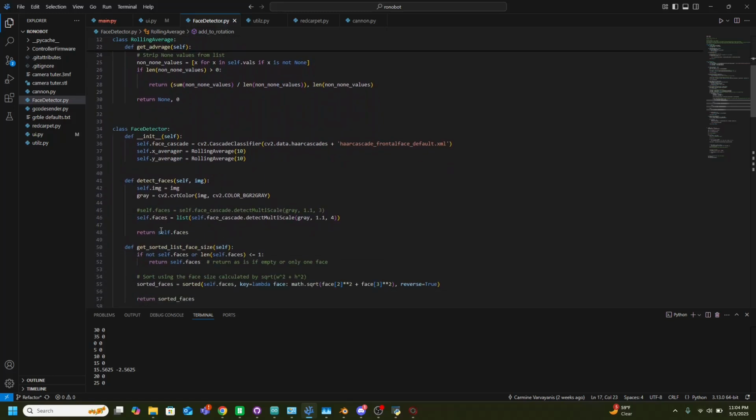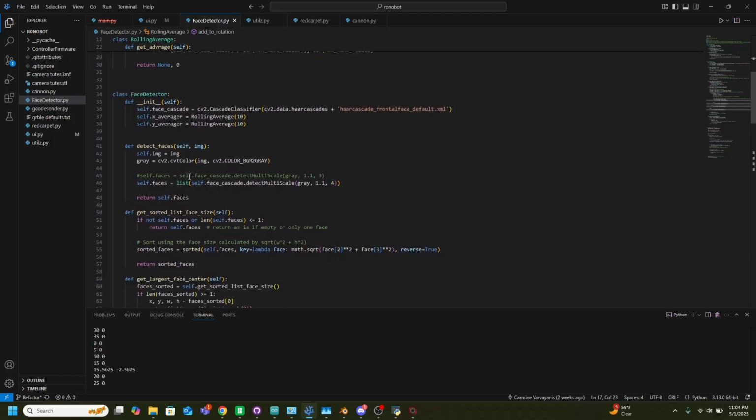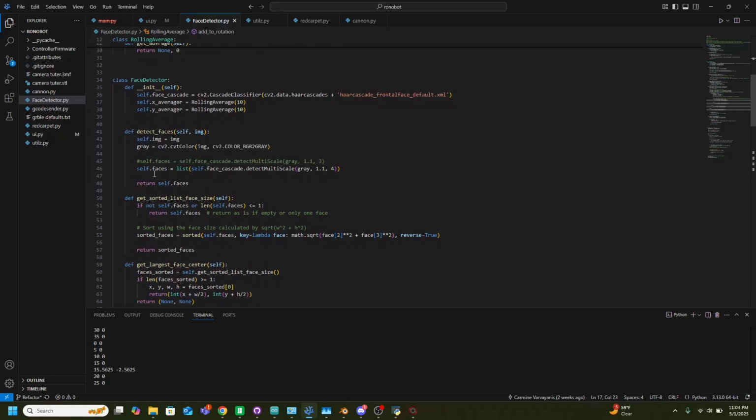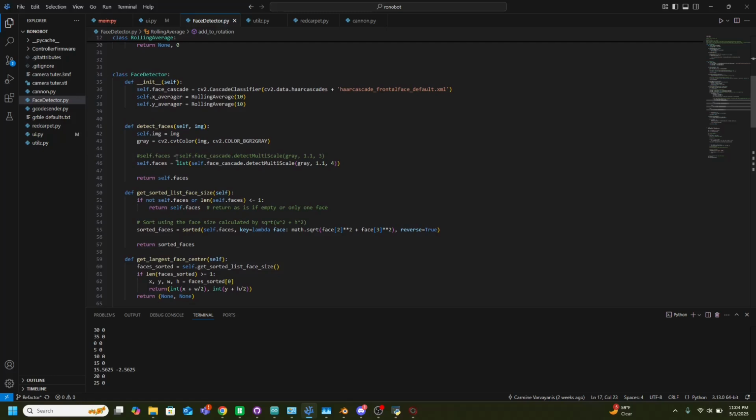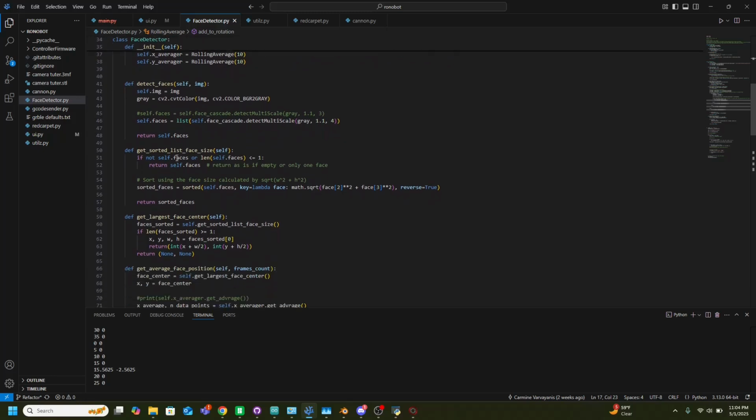So, and I'll show you that down here. So face detector, I create my rolling average for X and Y. All the CV2 stuff. I turn it to grayscale. I look for faces. Get sorted list face size. So this sorts the list of faces